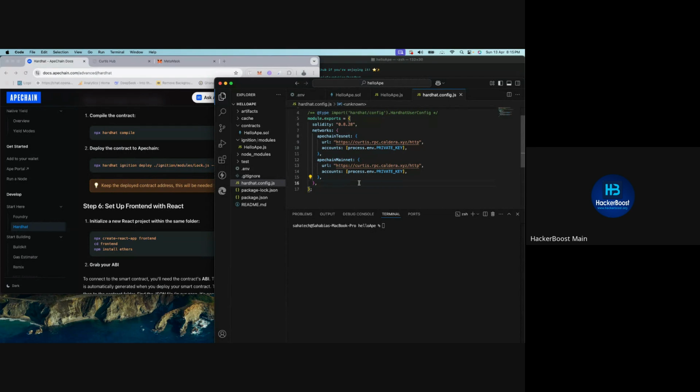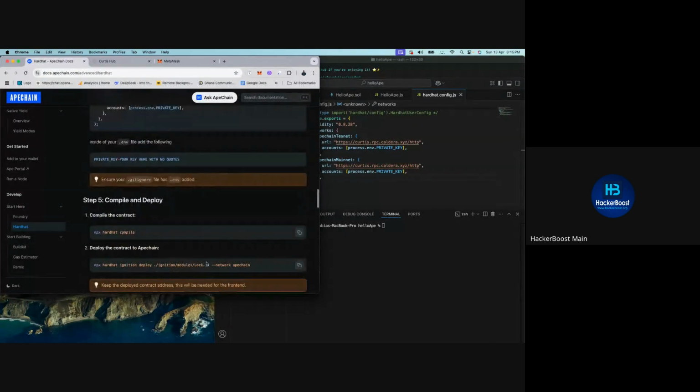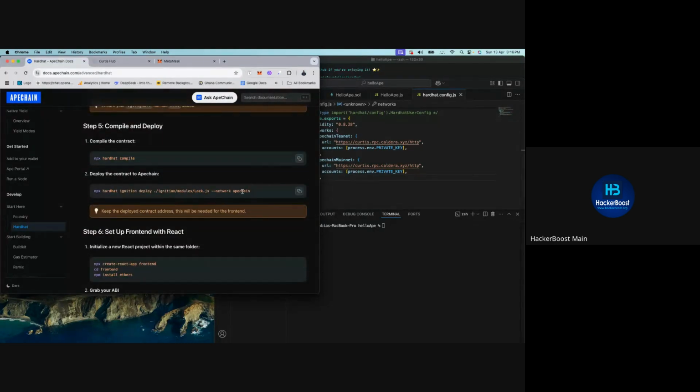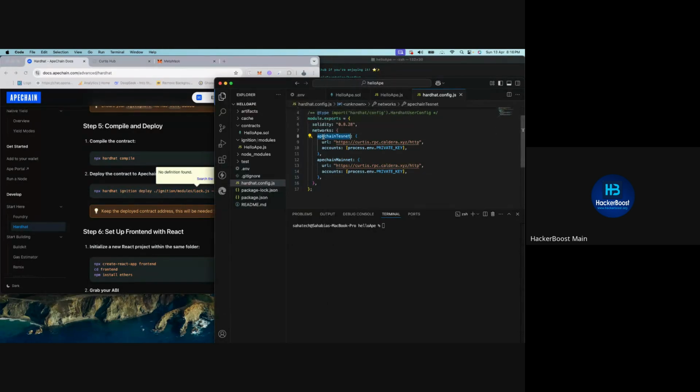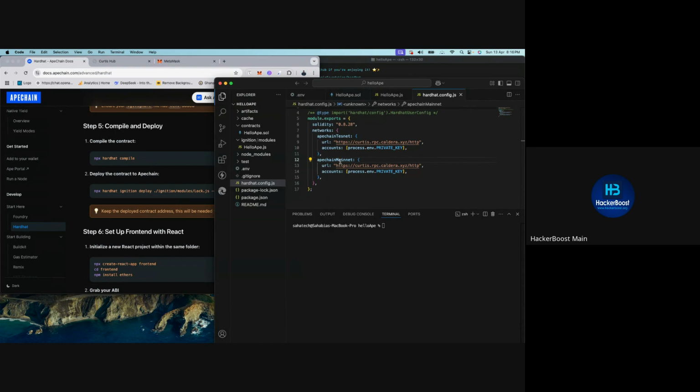Okay. So now if you have something like this, it means that whatever you are deploying, if you are deploying for testnet, then when you are running this script, this particular place, Apechain, has to be Apechain testnet. If you are deploying to the mainnet directory, then you're going to have networks, then inside network, Apechain mainnet. All right. So we are going back. I'm going to undo and go back to